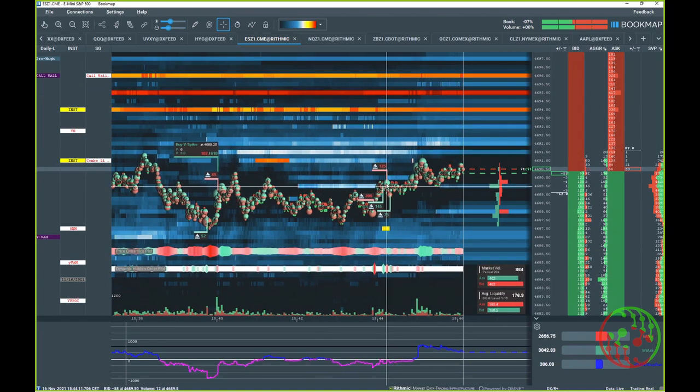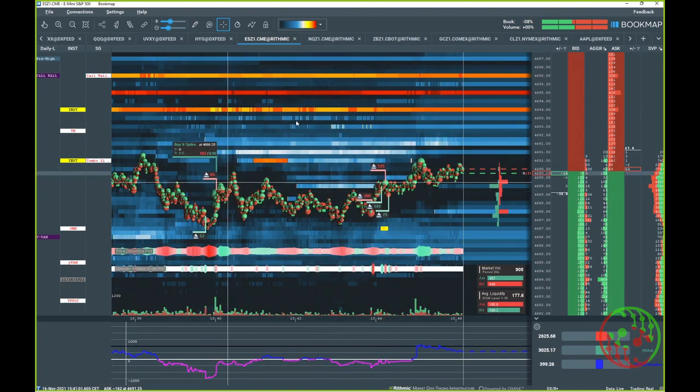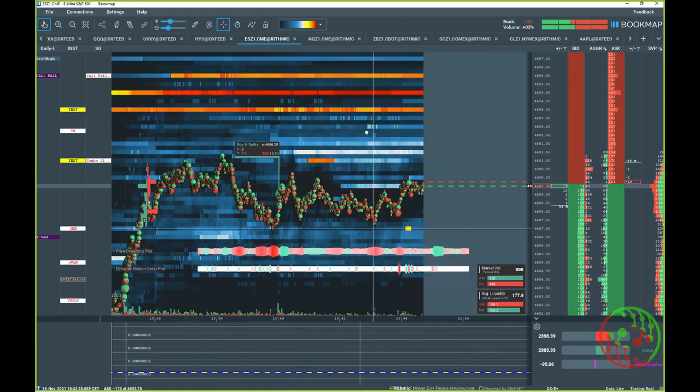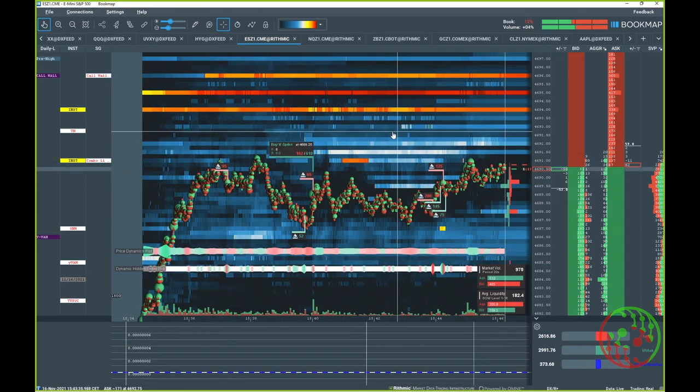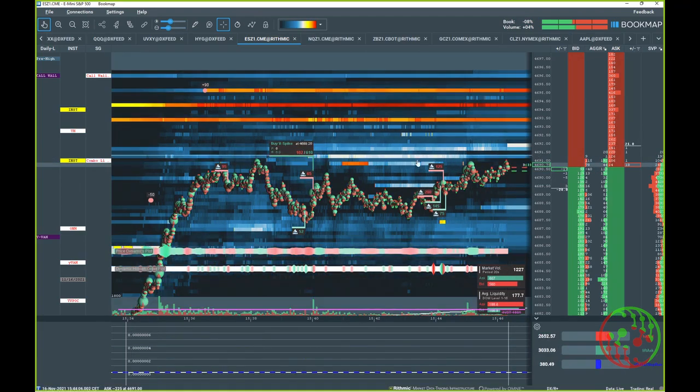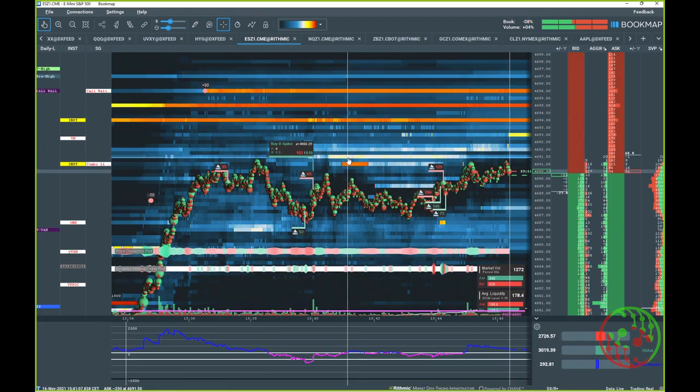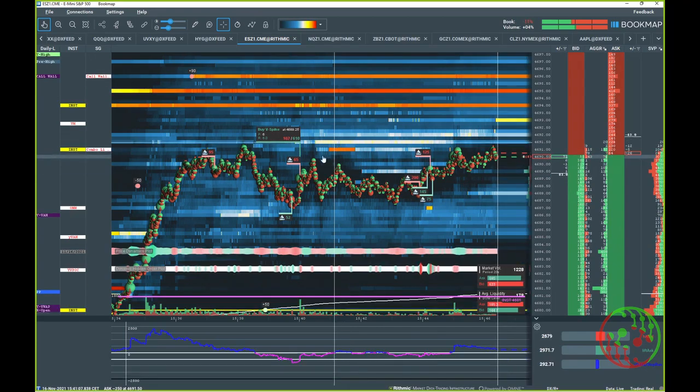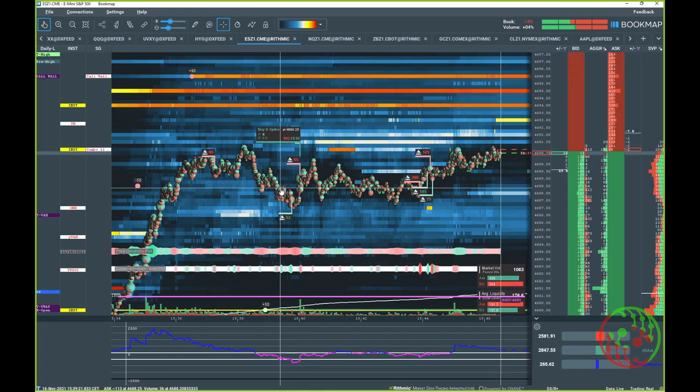So we have had a stop run here. No, here, excuse me. Yeah, that's a question. I have a different understanding of stop runs than my colleagues at Bookmap have. So can I understand it correctly? Then the stop run will be like that bid-ask spread will be much wider than it used to be in normal way.